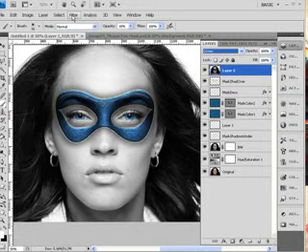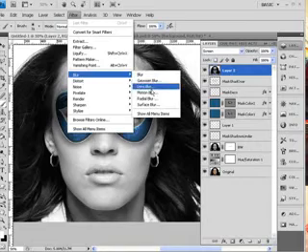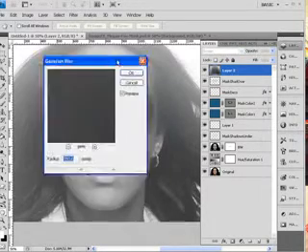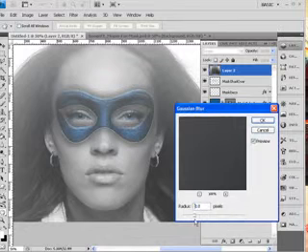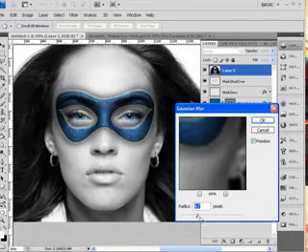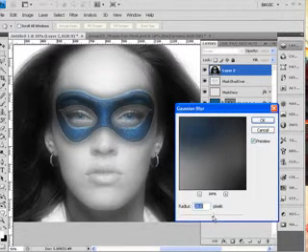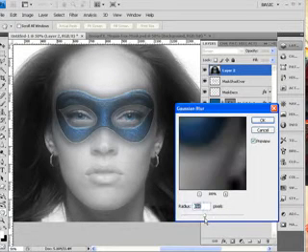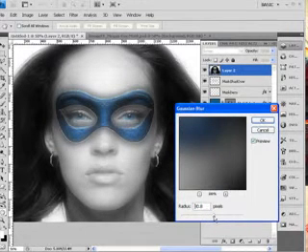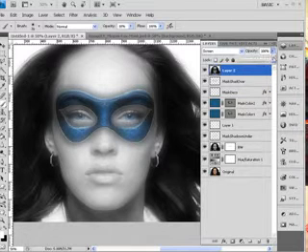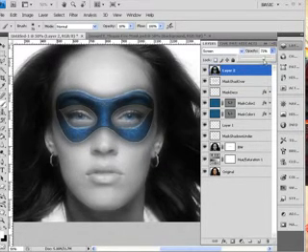But then we're just going to use a filter, blur, Gaussian blur, and then we're just going to reduce that down, probably about 20 or 30 is all we need. We'll make it 28. Click OK to that, and we're just going to reduce the opacity slightly. There we go. You'll see that also that's gotten rid of quite a lot of the blemishes on the character,